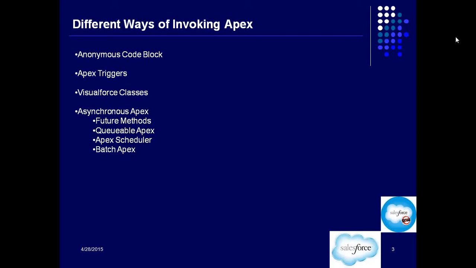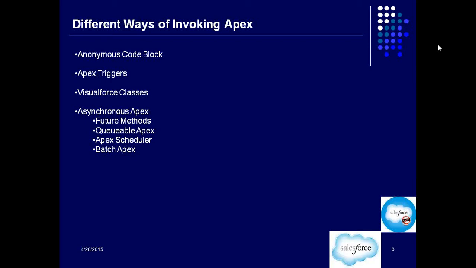The Apex gets executed in sync with the end user action. When I load the page, Apex executes in the backend. When I click on the button, instantly the Apex executes in the backend. It does not happen that you click on the button and the code gets executed after 2 hours. That does not happen, right? But in some cases we need asynchronous Apex. Asynchronous Apex is something which runs on its own thread in the backend without any action from the end user. So why do we need those things and where do we need them? We're going to talk about that. I'll just come to that.